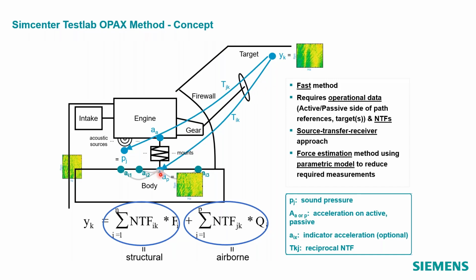And if you could do that reciprocally, if you can get this P over F by using a volume velocity source and getting your A over Q and converting that to P over F, this becomes a very, very quick FRF study. I could basically drive the vehicle into the lab, put a volume velocity source at the driver's ear, and get those FRFs reciprocally. So that's what it's talking about, this reciprocal transfer function.